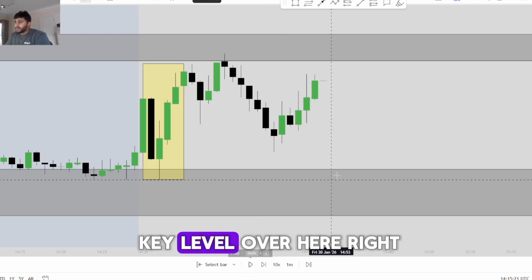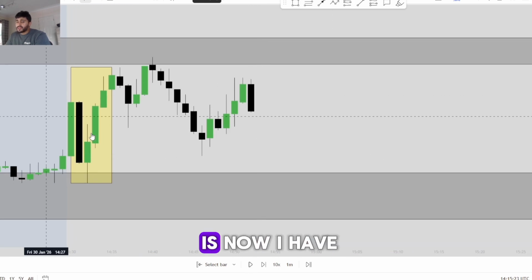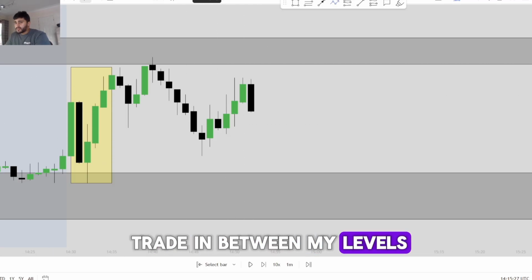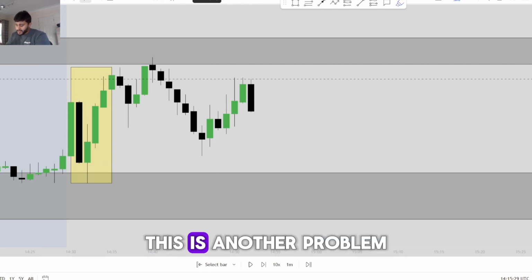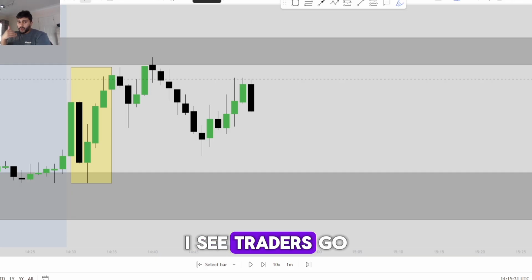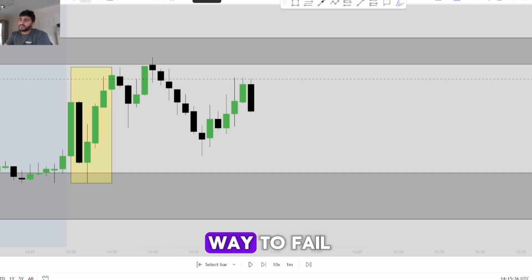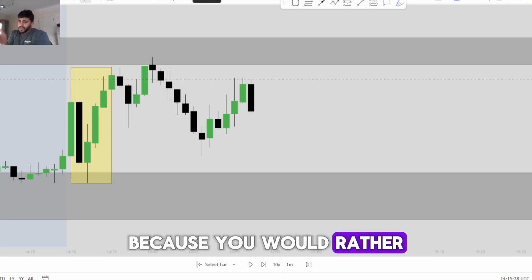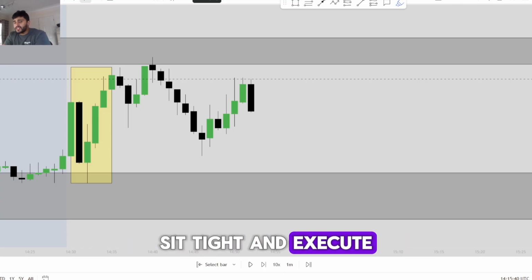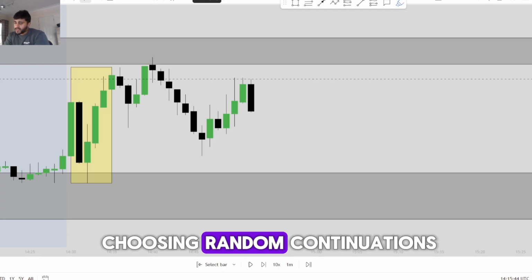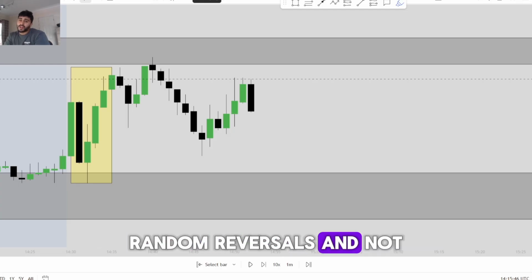Now we have a key level over here, right? So with this key level, what I'm waiting for is, now I have a rule. I'm not allowed to trade in between my levels. So in my pre-market plan, this is another problem I see. Traders go into the session without having a pre-market plan. And that's the best way to fail, because you would rather have your levels, sit tight and execute only at those levels,